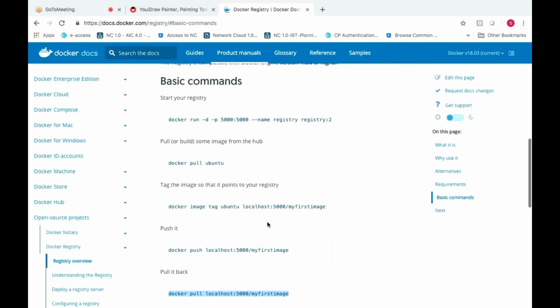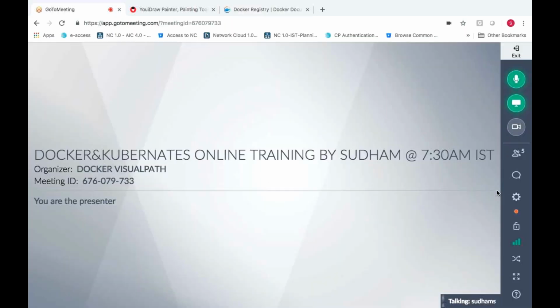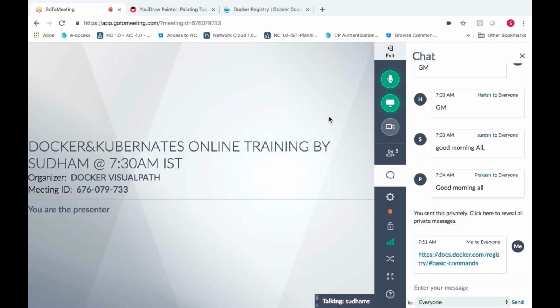Nothing much complicated. I thought you will find it in the official document. Anyways, this is the major thing. You can see at the left hand side the basic things which you need to follow while configuring the registry. This is just a simple experiment.